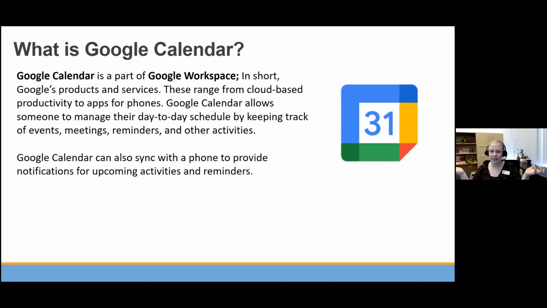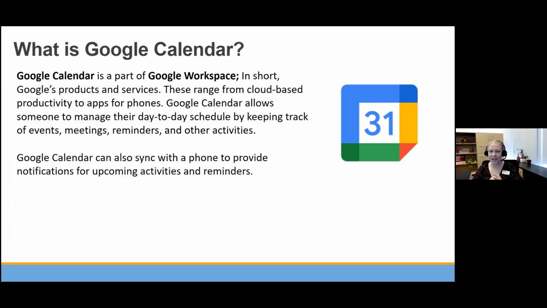In short, the calendar allows someone to manage their day-to-day schedule, keep track of events and meetings, and get reminders of those meetings or other activities. I personally use it because it's great to get a reminder 15 minutes before something happens, and I keep track of my schedule. And I know, at least in this area, wherever I am, if I forget something, I could probably be there in 15 minutes. So I have those reminders set for 15 minutes,